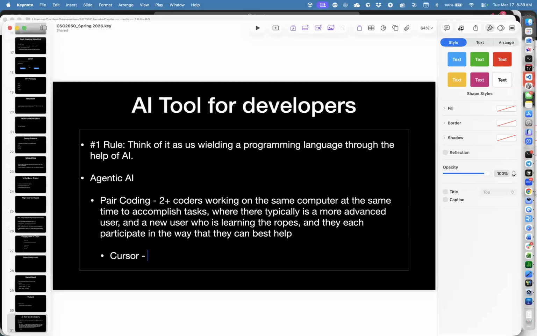VS Code is also called a pseudo open source project, so lots of other tools use VS Code as their starting point. Cursor is one of these. Cursor is effectively VS Code with agentic programming built into it. It uses VS Code as the editor, but then has an agent piece that allows you to, let's see,